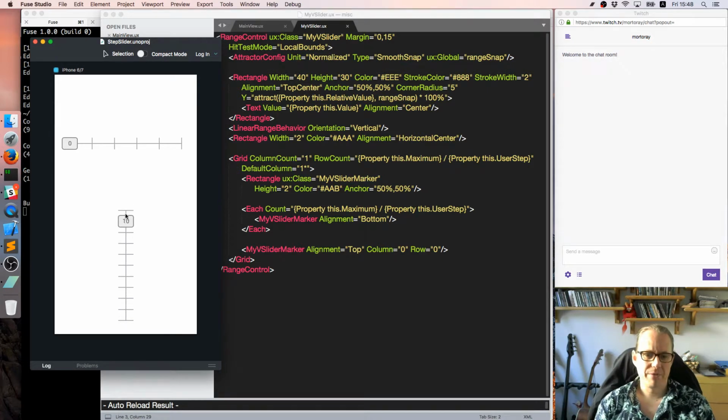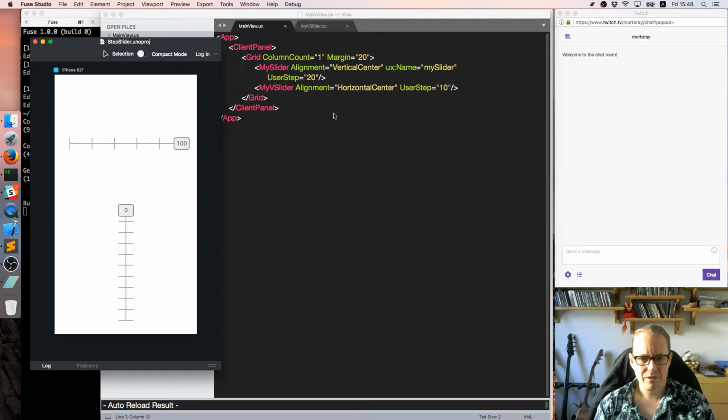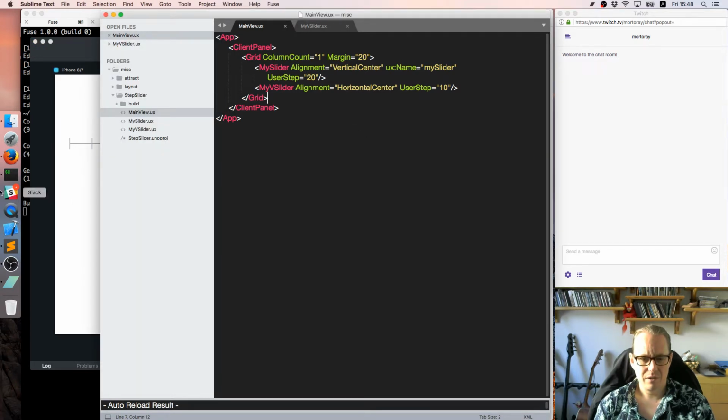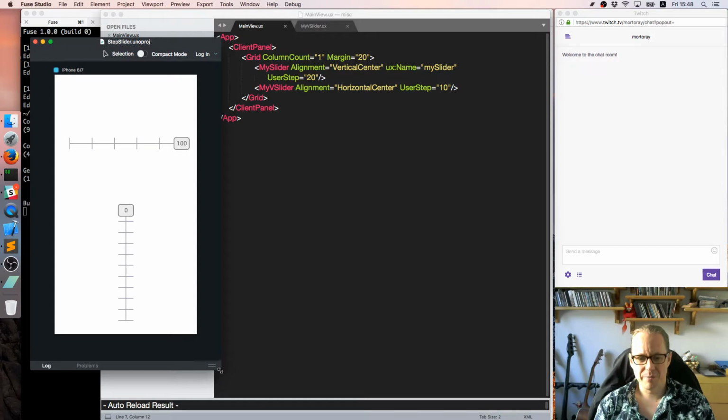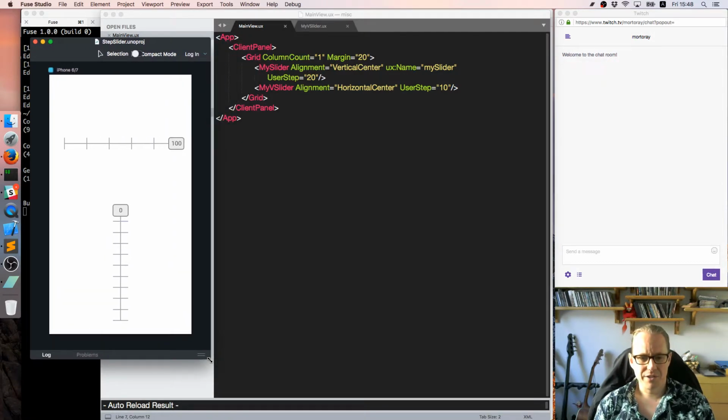And it's also stepped, with a user step of 10. Now, there's one other feature I added to this. Let's show it with the non-slider first, so let's add another. It's always hard to divide these things up into regions, so let's make this, well, this is stuck in this size, so